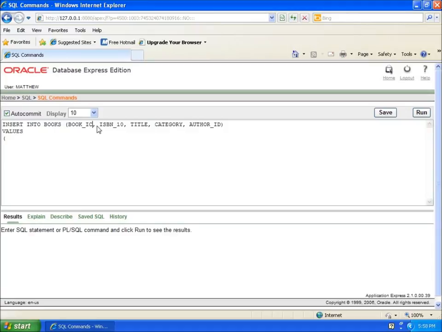It looks like I have an ID. Let's see, change it to ID. There we go. I'm going to enter in the values that correlate to the fields that I've listed up here. So the first one I'm going to enter in is the book ID, and that was going to be 11. Then I'll use the comma to separate it. The next one I'm going to enter in now is the ISBN 10. So I'll enter that in. Let's see, that one was